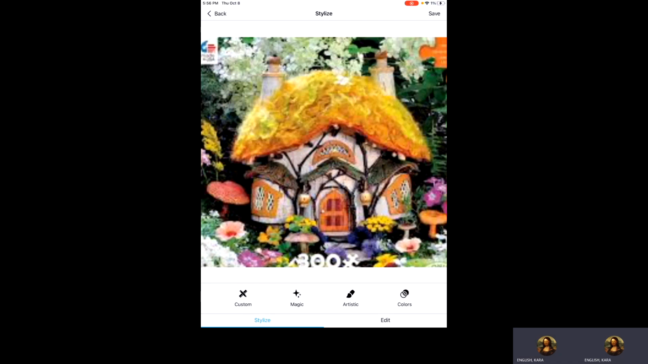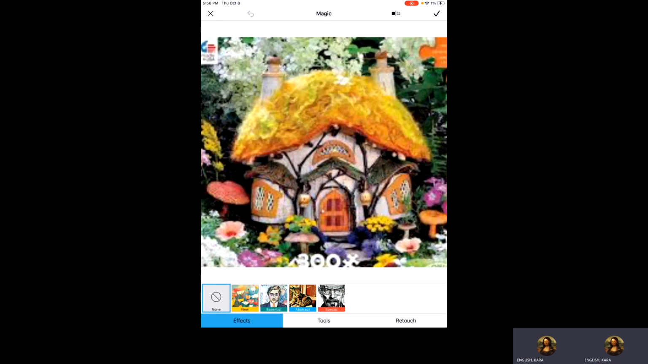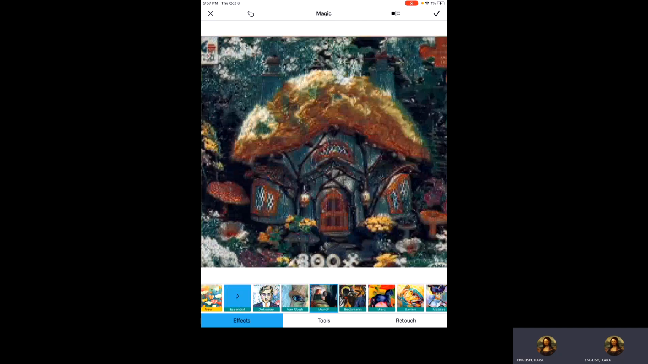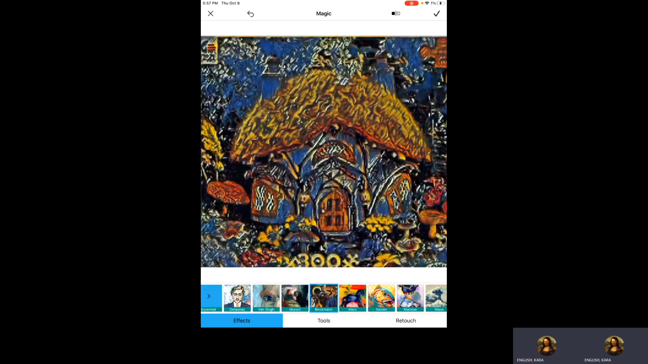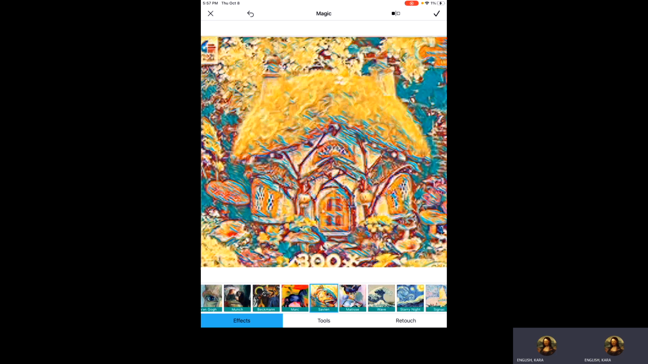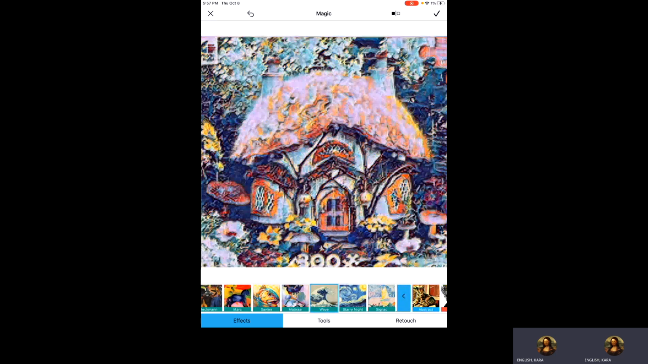Okay, and I'm going to use magic. And then again, I can choose a style from an artist. All right, so you're getting a style. We've all been playing with style with painting. This particular app will let you figure out which style you're more interested in doing, and then save